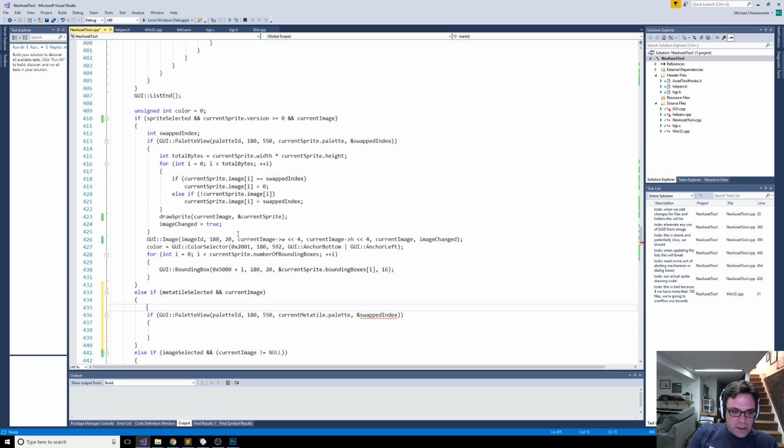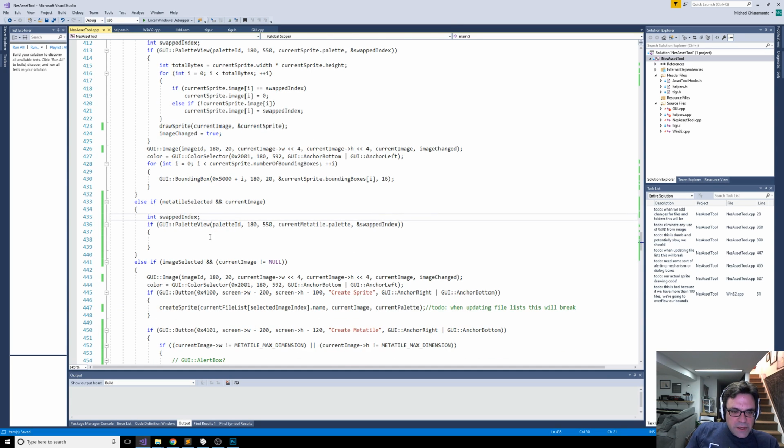We're saying if the palette is returning that we did a right click to swap the index, then we just want to reorganize everything here. So I is less than metatile image size